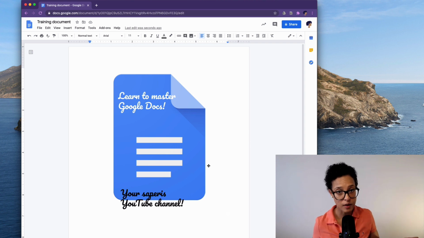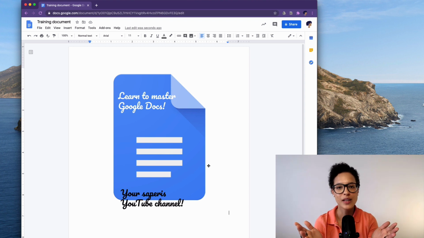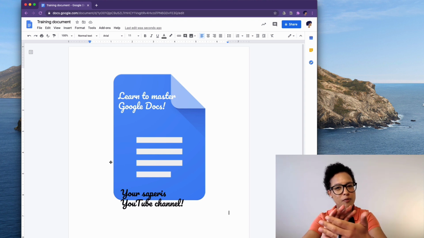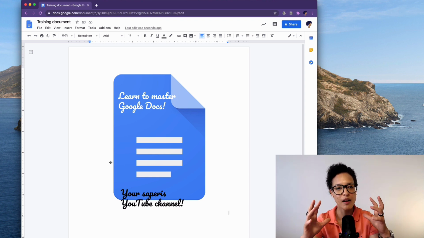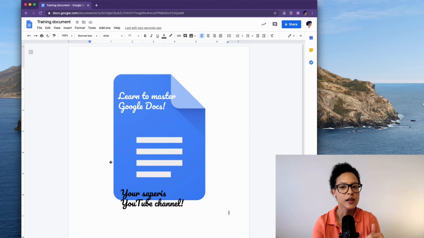You could write something else on it and it kind of like looks like a watermark. But of course, this is a hack. So if what you're looking for is a background image, kind of like a watermark, and then you can have the normal Google Docs functionality of writing over it, commenting, suggesting things, well, Google Docs just isn't there yet,